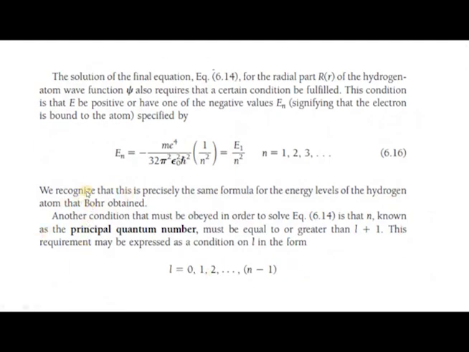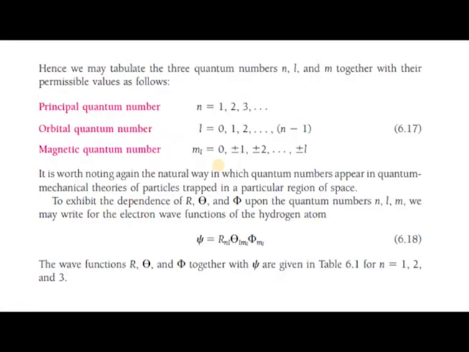You can see here the principal quantum number, and you have the expression for energy, which is some constant minus some constant into 1 by n square, and n can take values 1, 2, 3. This indicates that in the bound form, the electron can take only specified energy levels depending upon the value of n. A constant divided by n square means it can take only specific negative energy values.